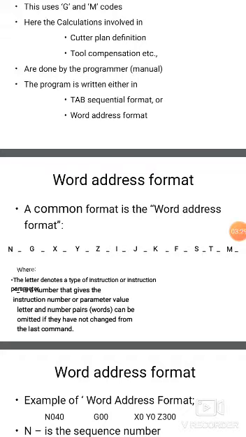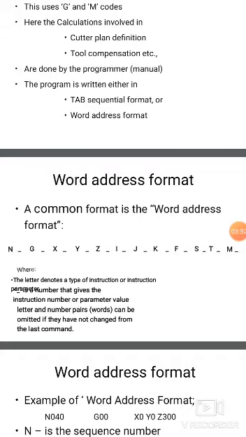N01, N02: like that we use N for starting the program. G means G01, G02; those are preparatory function G codes. X, Y and Z are for direction.